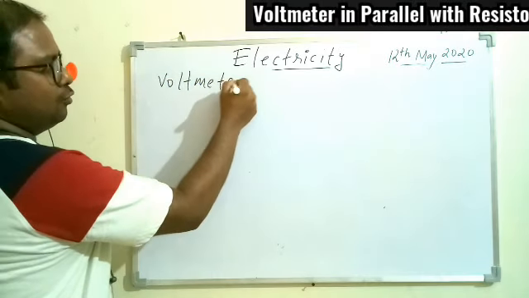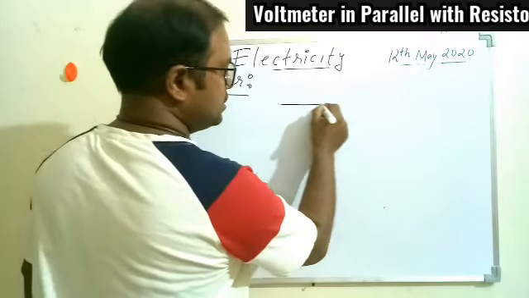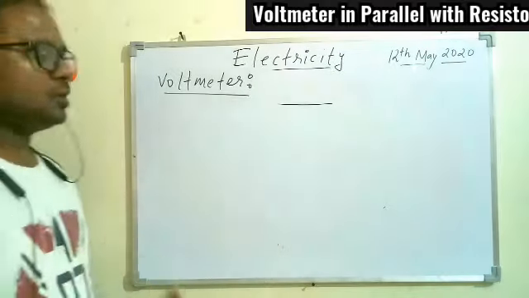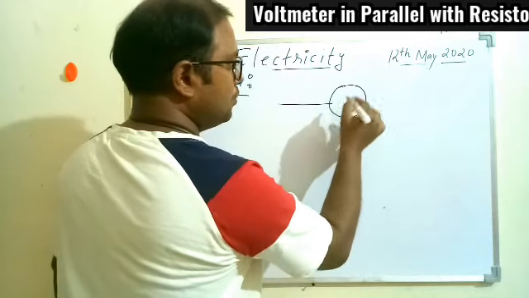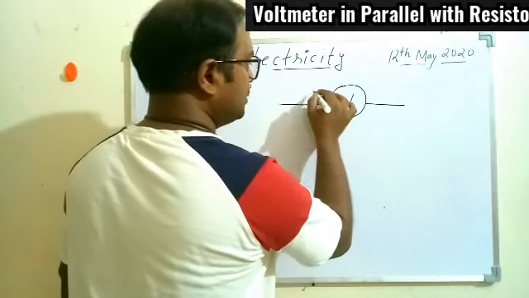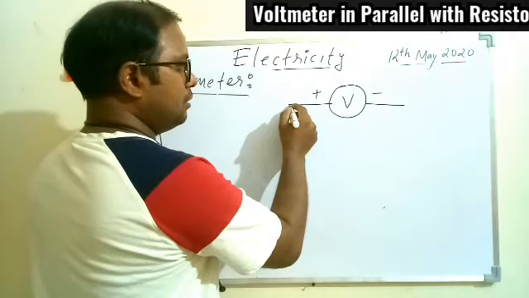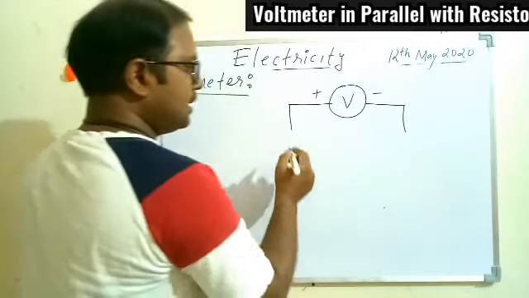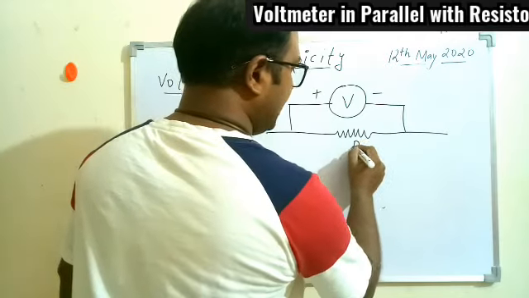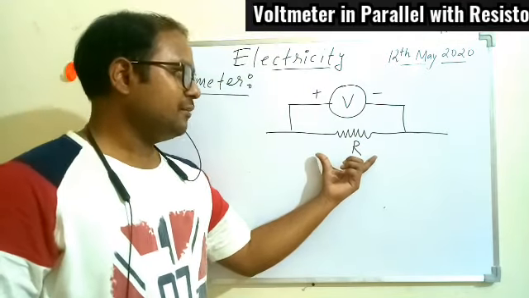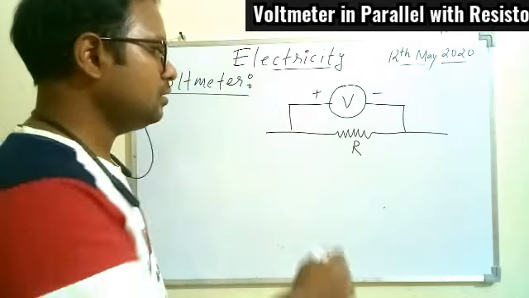So voltmeter we understood somewhere in one of the classes. It is a device which measures the potential drop across any device in a circuit. The symbol of this voltmeter is a capital V with plus and minus symbols. It also has positive and negative terminals, and we understood that it has to be connected in parallel with the circuit. So if we have to record how much is the potential difference across R, then across R the voltmeter must be connected in parallel.